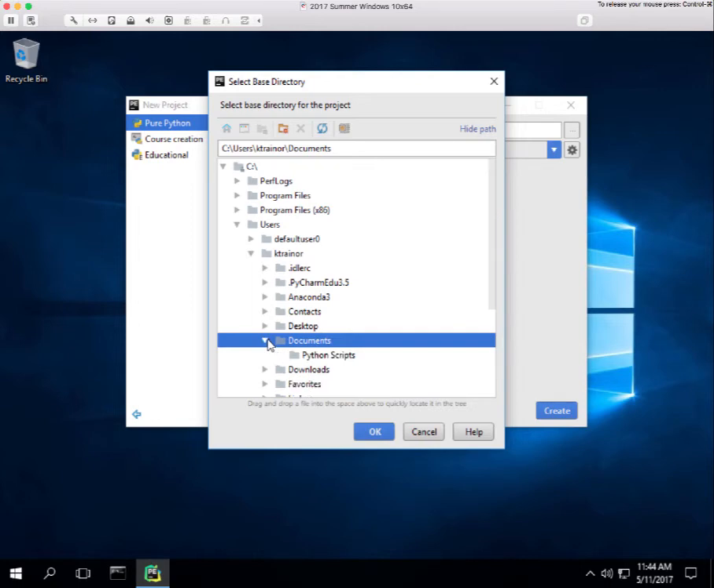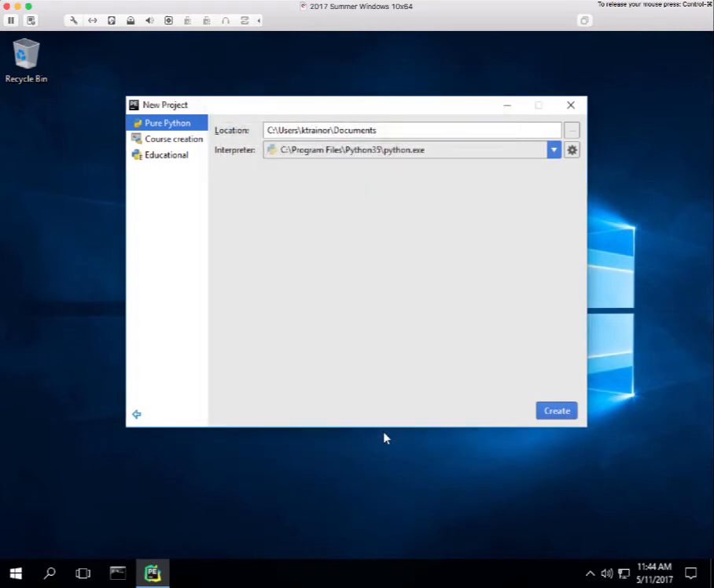And there's something for Python scripts there. That's not what I want. So let's just say documents for right now. Let's just say OK. So notice, because we're on Windows, the path separators are backslashes. So we're going to use those. So within documents,